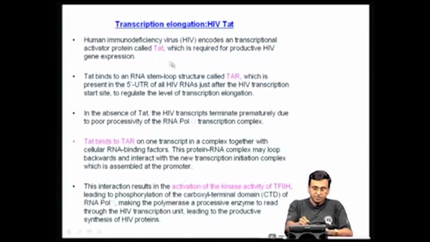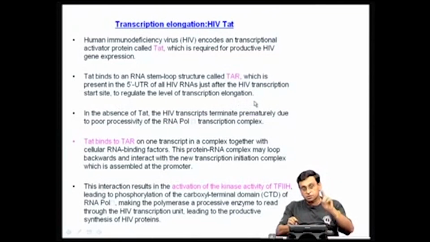Now, this TAT is required for productive HIV gene expression. If the HIV genome has to be expressed efficiently, you require the TAT protein. Now, let us see what is the function of the TAT protein. It turns out the TAT protein binds to an RNA stem loop structure called TAR, which is present in the 5' UTR of all HIV RNAs after the HIV transcription start site, to regulate the level of transcription elongation. So far we have been discussing only regulation of transcription initiation. Here there is a transcription factor which binds to an RNA and affects the regulation at the level